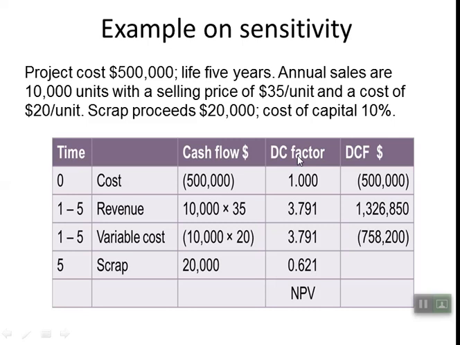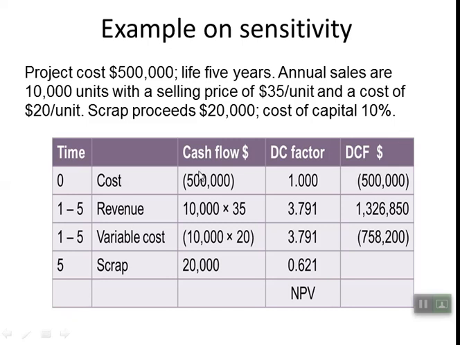So when you are carrying out a sensitivity of the project, the first thing you need to look at is to get the net present value of the project. Once you get the net present value of the project, then you can compute the sensitivity. Because when we are computing the sensitivity of the project, we are looking at how the variable, or the percentage the variable must change in order to make our NPV positive. So when we are computing